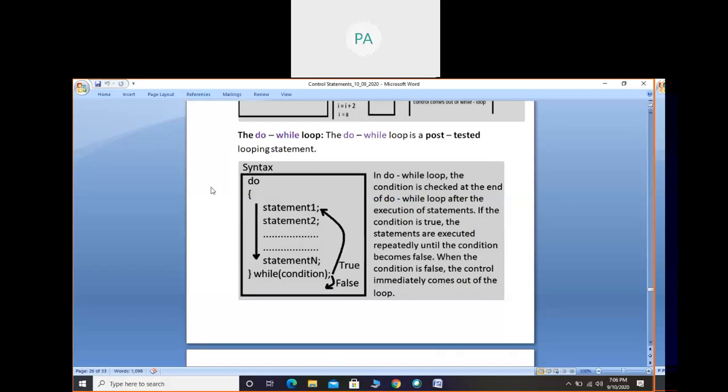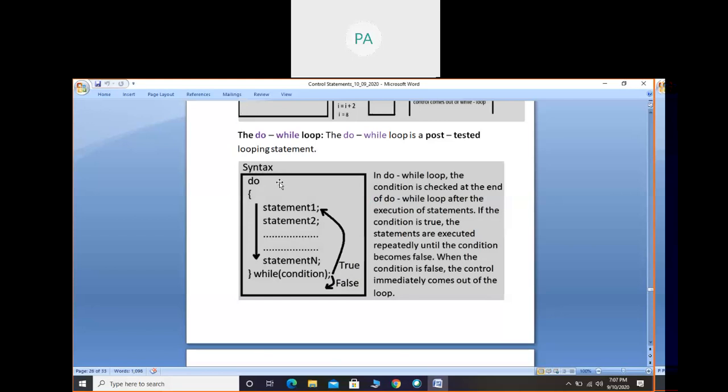Okay. So we know what looping is. Looping is the process of repeating the execution of statements. So if we write something once, it can execute more than once. That is the looping concept, and the statements used for looping are called looping statements, like while, do while, and for.